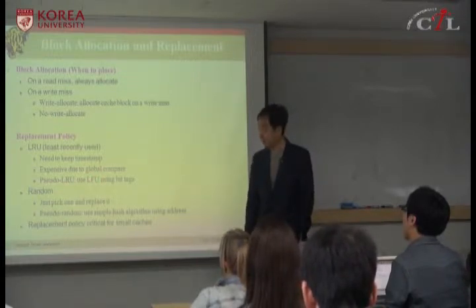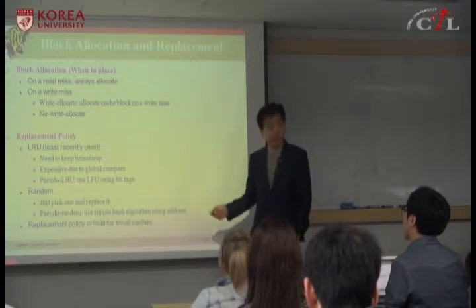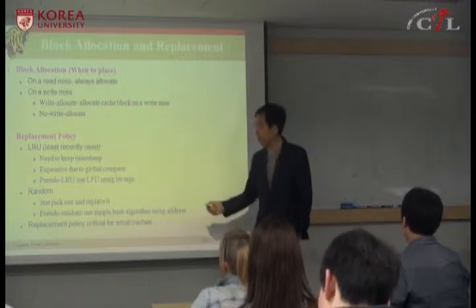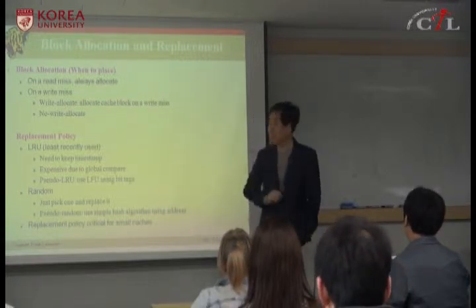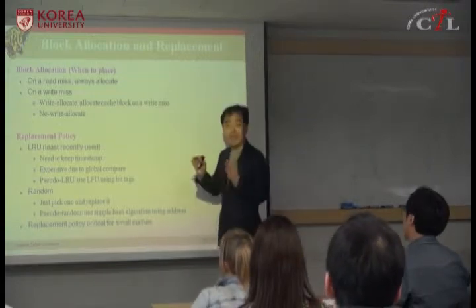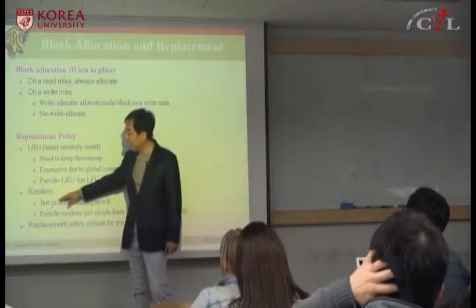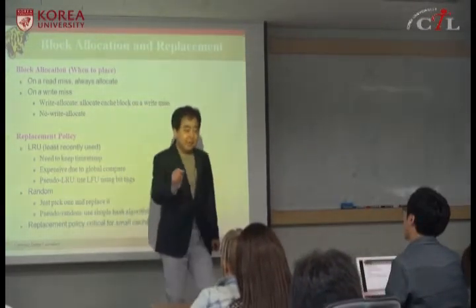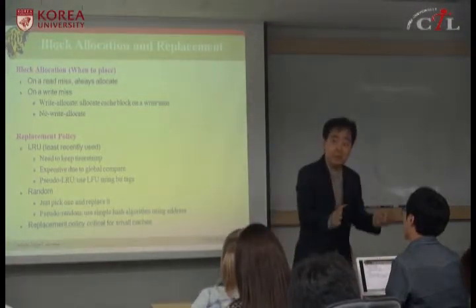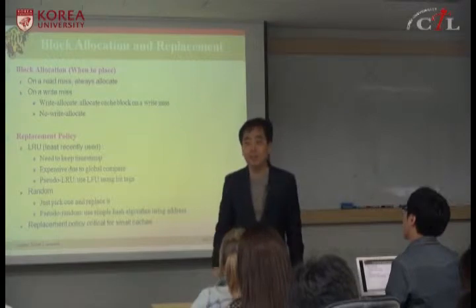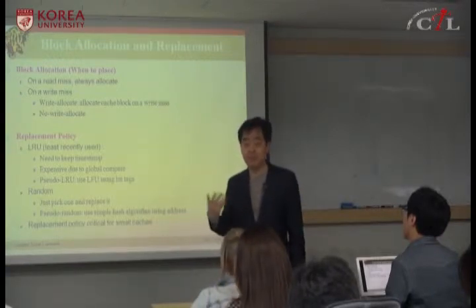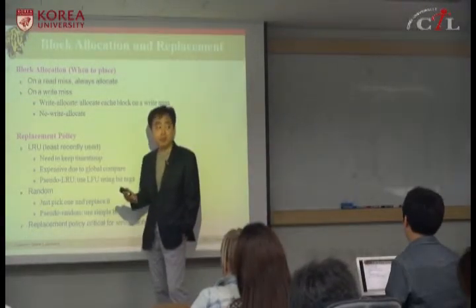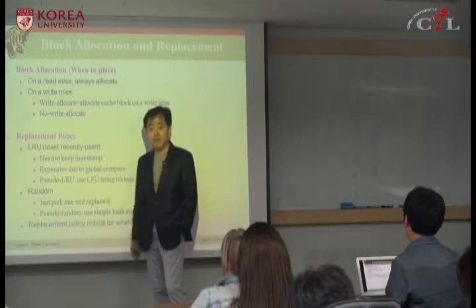The other algorithm is called random. Instead of finding a block with the oldest timestamp, just pick one block randomly and replace it. For a small cache, this is good. For a large cache, it doesn't matter; it's about the same, because if you have too many blocks, finding the one not referenced for the longest time or picking anyone randomly gives you about the same hit rate. So random is used for medium-size or large caches.